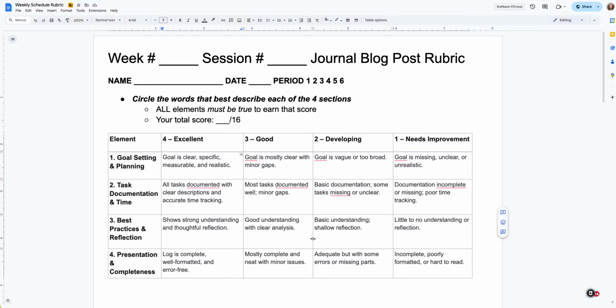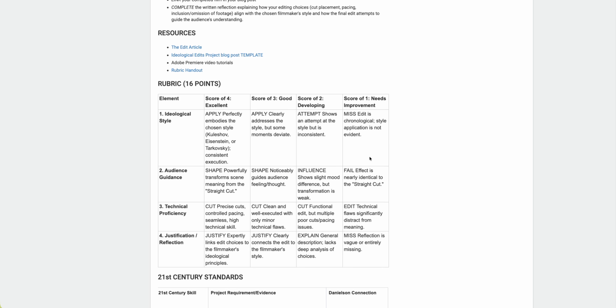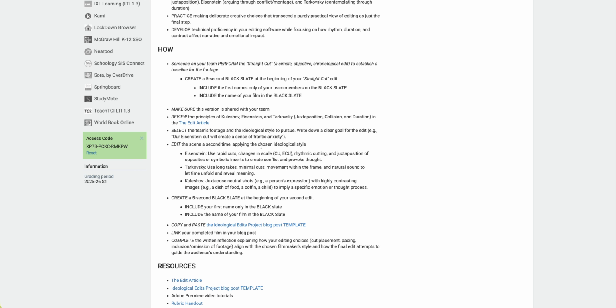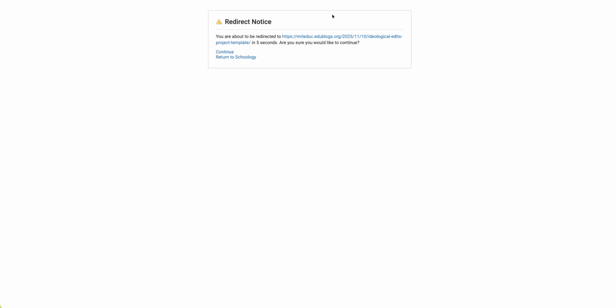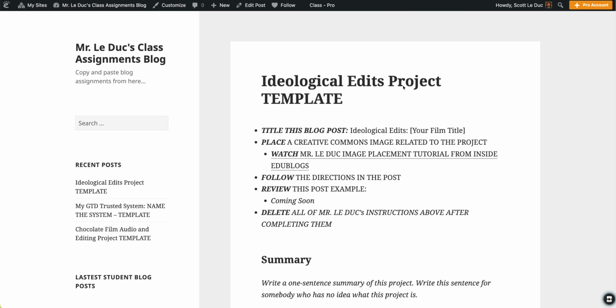Film students, you'll be turning in the assignment rubric for the film piece, and you'll have a 16-point rubric you'll be assessing on how well you did for edits, and there's a blog post to create as well. The template is similar to any other template we've made before in class. You'll copy and paste it and fill it out. So it does have some reflection stuff.